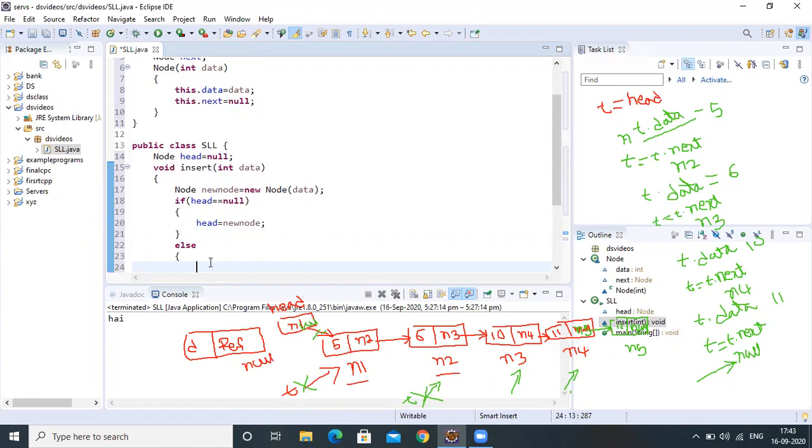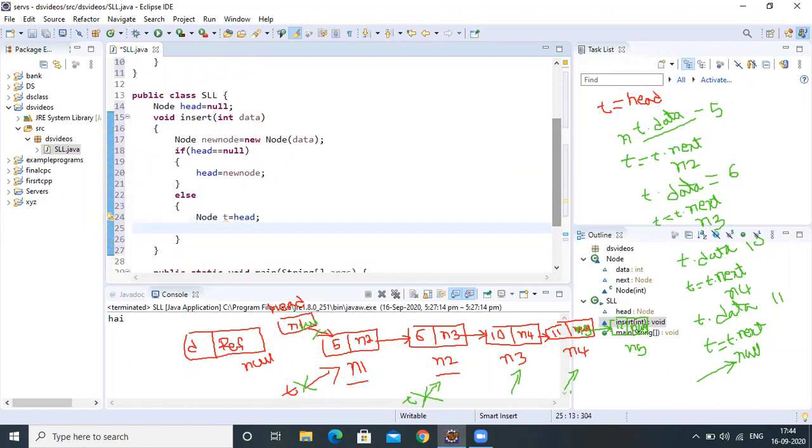To do this, I am creating one temporary reference. The reason is we are not going to change the head position. Head always refers to the first node only. Node t is equal to head, so initially t is referring to the head node.